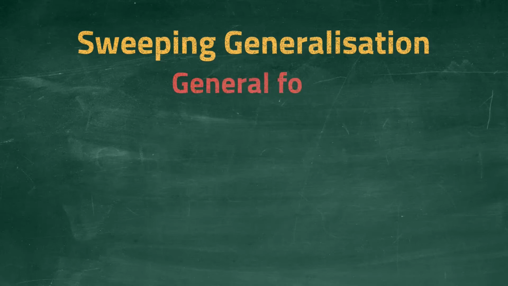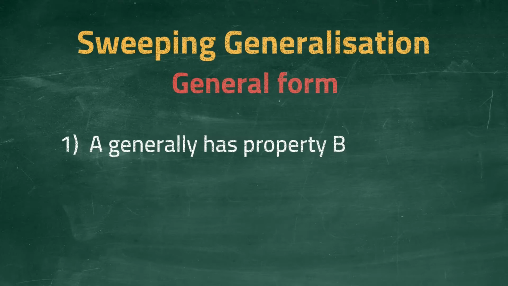The general form is as follows. A generally has property B. In general, things of type A have the property B. The key word here is general. Sometimes you might see the word normal instead, but this whole statement is the generalization. If we can agree this is correct, that things of type A generally do have property B, we move on